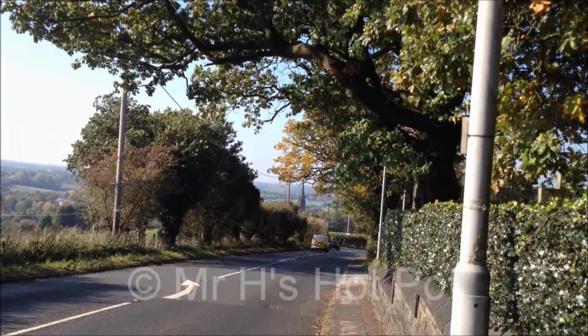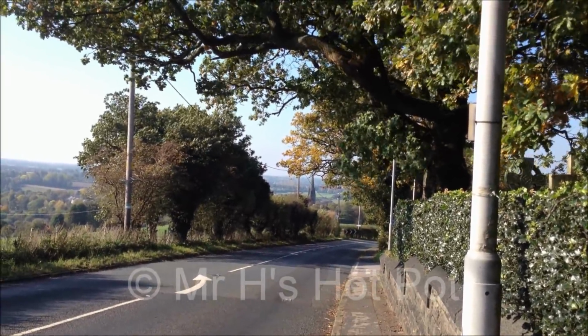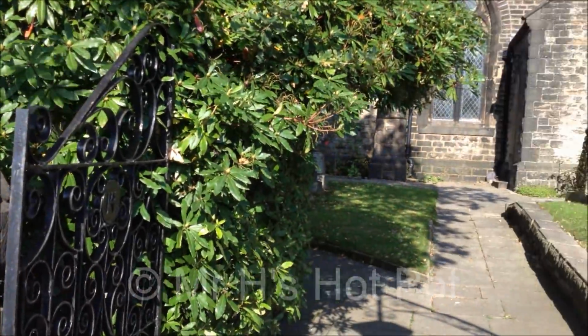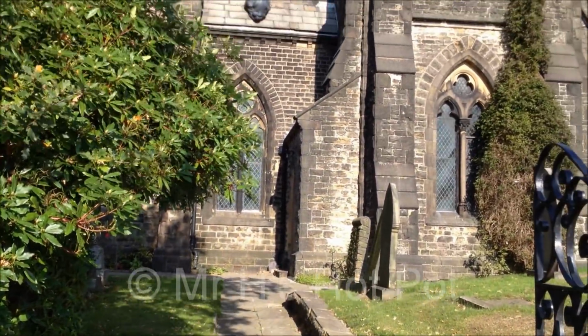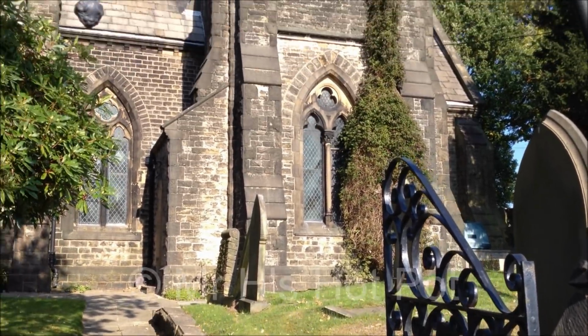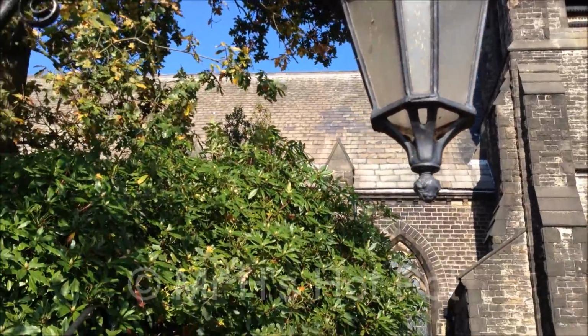the Christ Church is at the top of Parbold Hill. You can probably just see the other church there in the distance. That's at the bottom. So, as I say, I would seriously have been considering my denomination and my faith if I had to walk up there every Sunday. Anyway, here's the rather impressive entrance